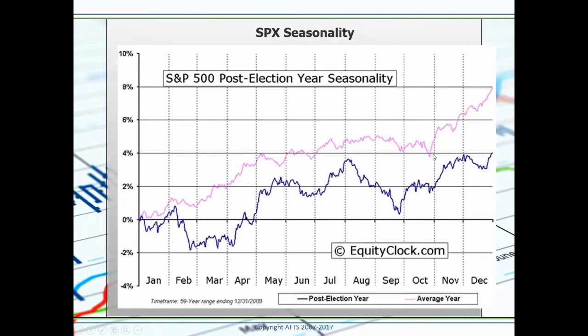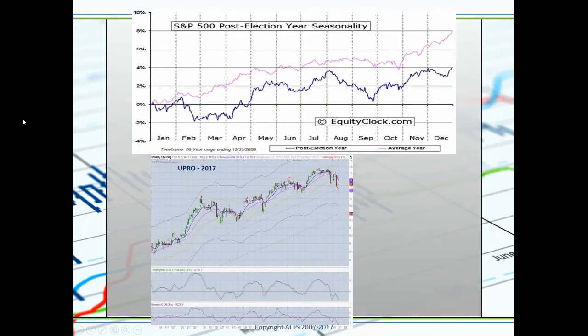It tends to be a move of, on average, over a 59-year period, from the last of October into the end of December, the S&P tends to run about 8%. Just knowing that information, running 8% during that period of time, is great information to know, especially if you are an option trader with the SPYs, or leverage ETF trader with UPRO in this case. And I'm going to only cover S&P. Let's take a look at